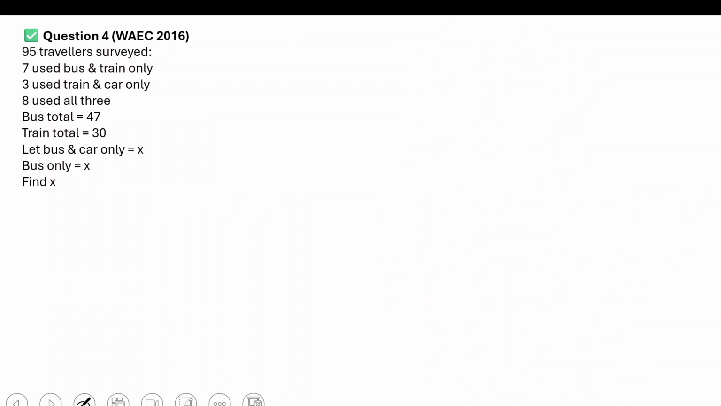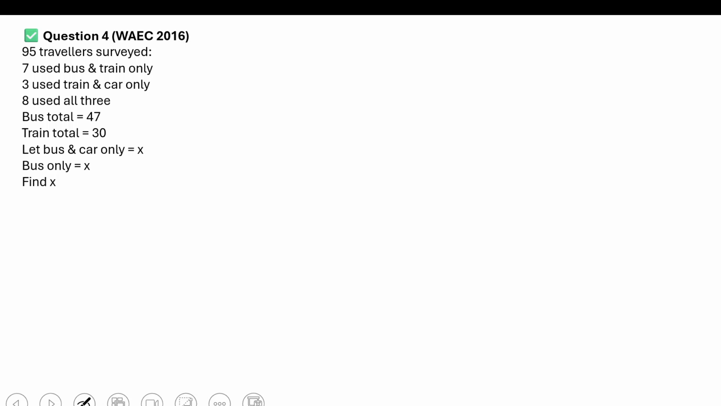So we have this 2016 question. It says 95 travelers surveyed. 7 used bus and train only. 3 used car. 3 used train and car only. 8 use all 3. Bus total is 47. Train total is 30. Let bus and car only be X. Find X. Okay, so